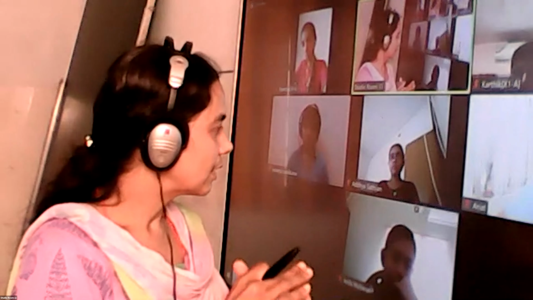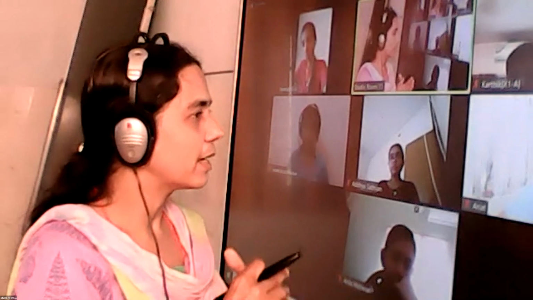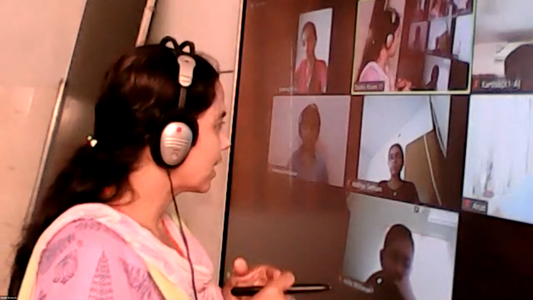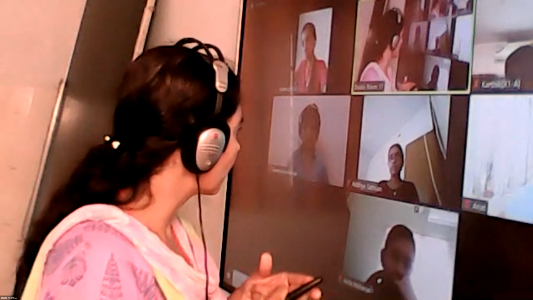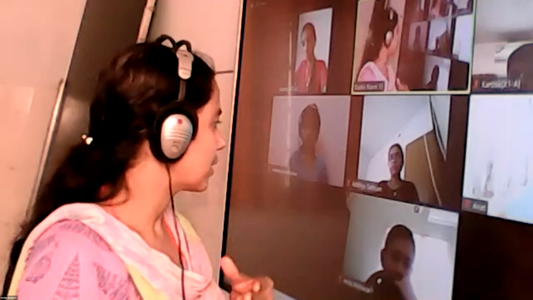Then third rank will be shared by the next 2 persons. Third rank and third rank will be shared by the next 2 students. So we will not be giving the fourth rank to the next person. The next rank will start from the fifth one. When I explain the problems, you will understand how the ranking will be done.